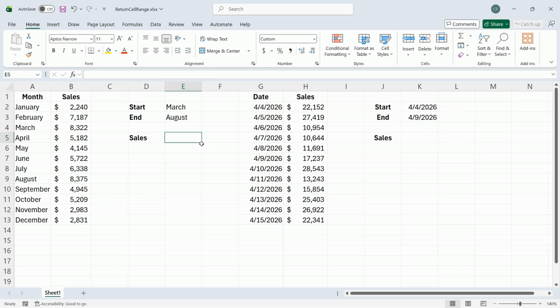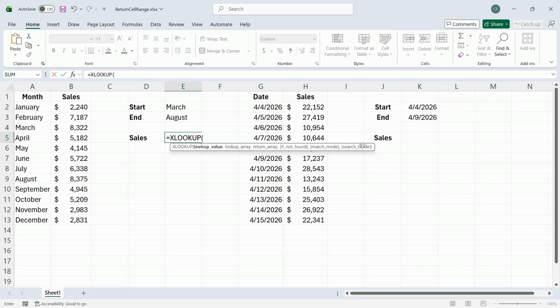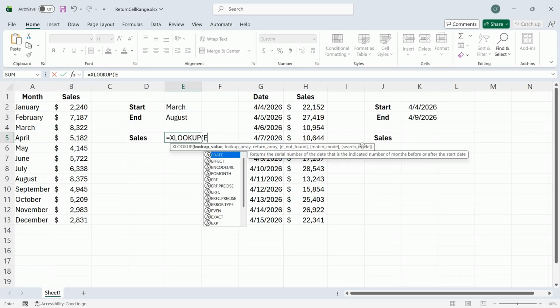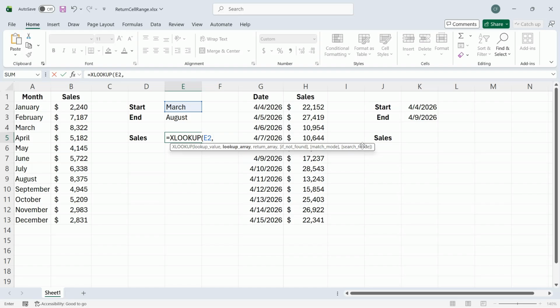So my goal is to find the first value based on the search criteria that I have here in cells E2 and E3, and use a colon with a pair of XLOOKUP statements to find those values. So again, I'll click in cell E5, type equal. Then we're looking up E2. So that is the first month, and then a comma. We're going to be looking it up in column A, so that's the months here from A2 to A13, then a comma. We want the actual sales rather than the month name, so that will be B2 through B13, then